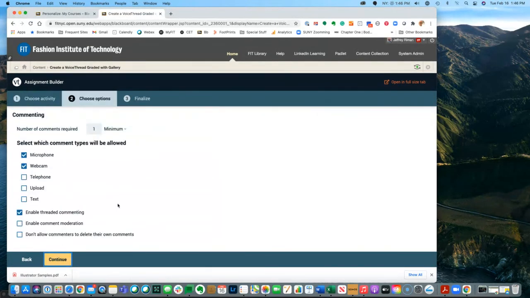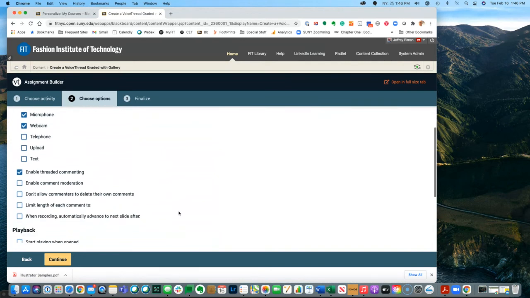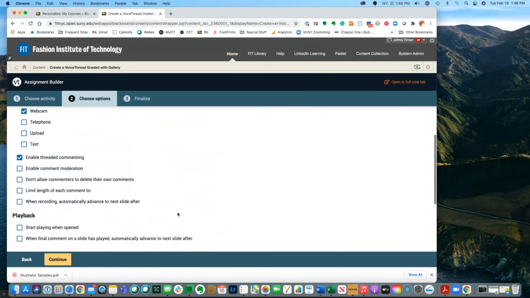Right. So here's the tricky part. Let's just say there are 20 students in the class. I'm going to ask them to comment on 3 others, and I'll put that in the directions. I don't want them to interact. Let's just say it's a peer review assignment where students will evaluate each other's work with constructive commentary. So we're enabling all these things.